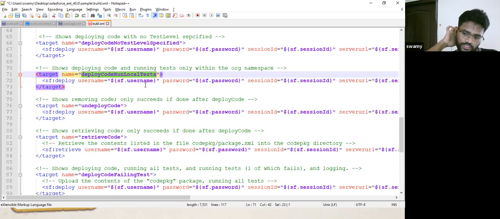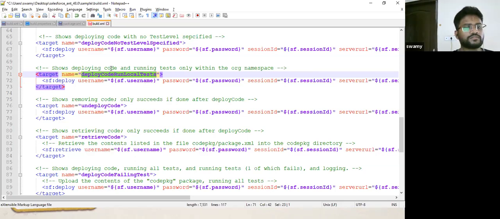I already told you that Salesforce uses multi-tenant architecture. So it is the norm that the code coverage of your test classes should be at least 75%. So you cannot deploy your code if the test class corresponding to that code covers less than 75%. So for that, you have to run the test classes as well.